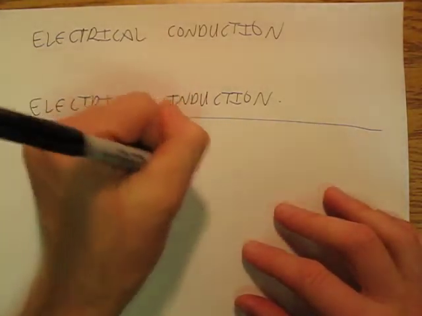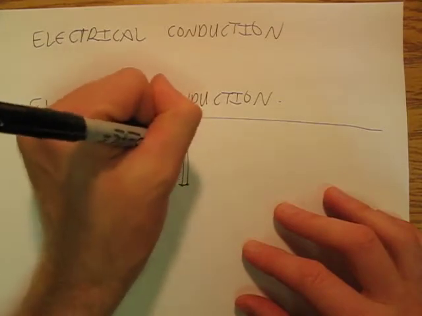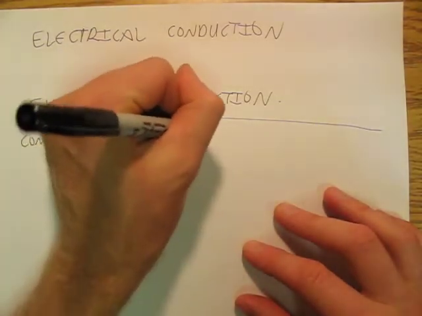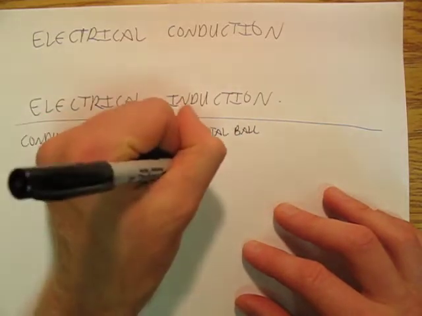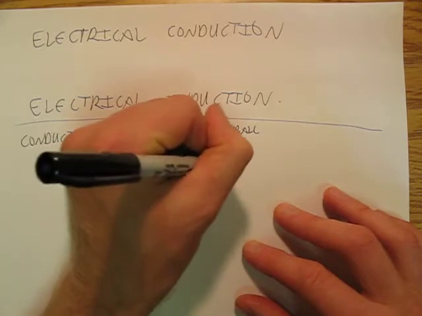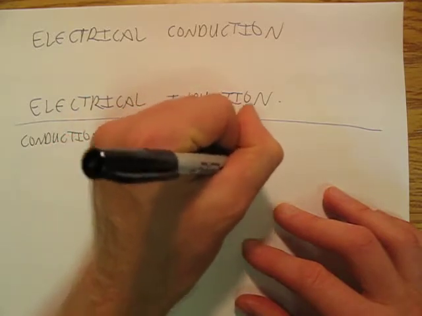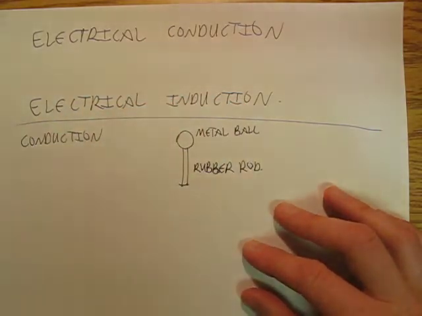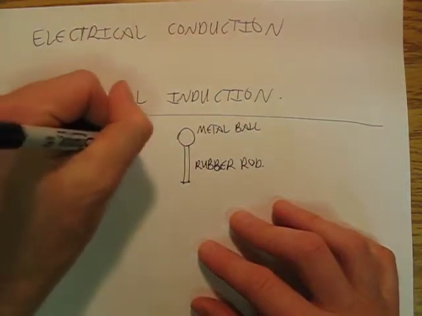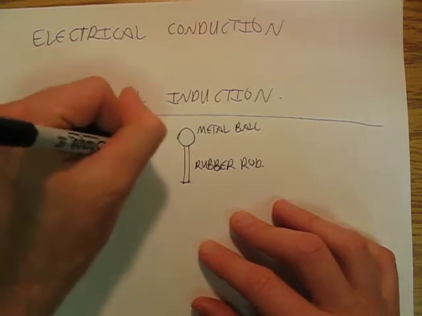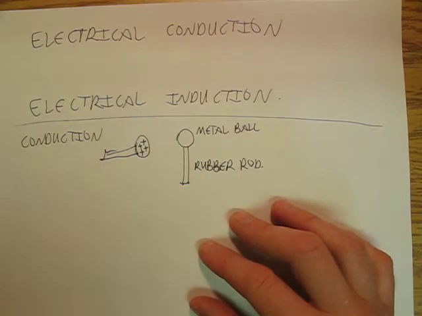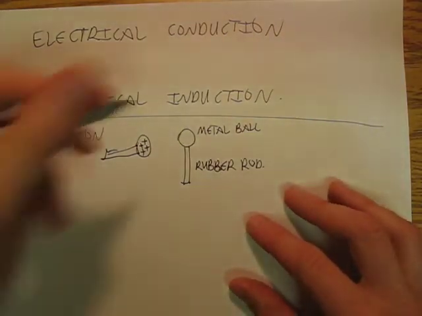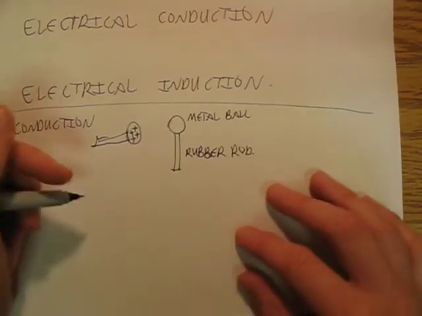suppose I have a charged object, and I've got, suppose I got two of them. So I've got another one over here, and it's got 4 positive charges on it. Now, if I bring this into contact,